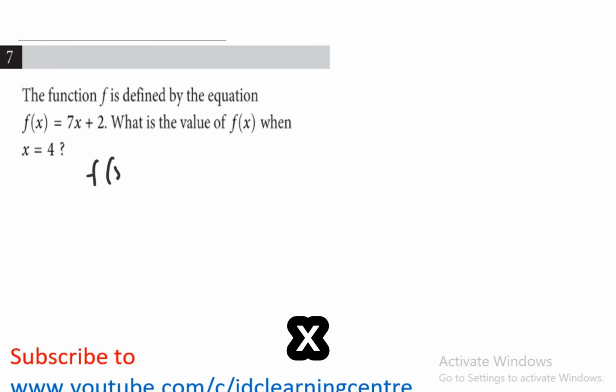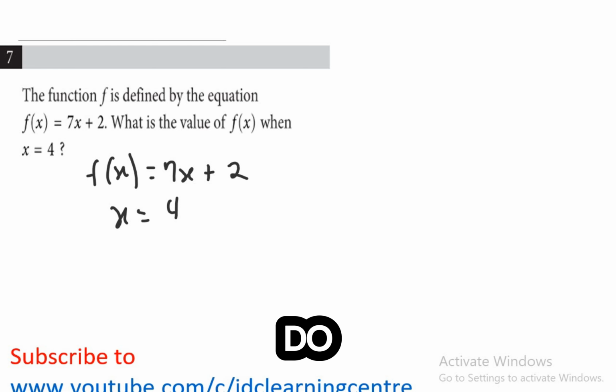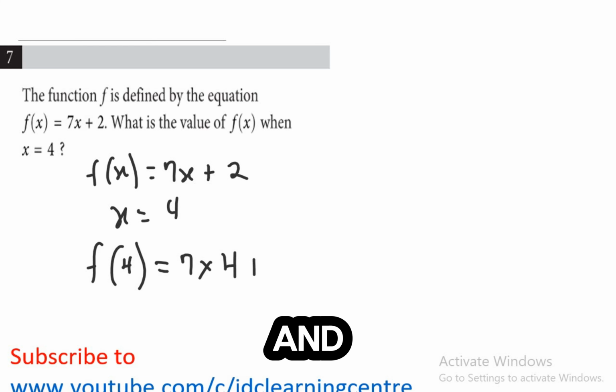f of x is equal to 7x plus 2. Now the question is asking, what's the value of f of x when x is 4? So when x is equal to 4, all we do is replace the value of x in the function with 4. So f of 4 is equal to 7 times our x, which is 4, and then we add